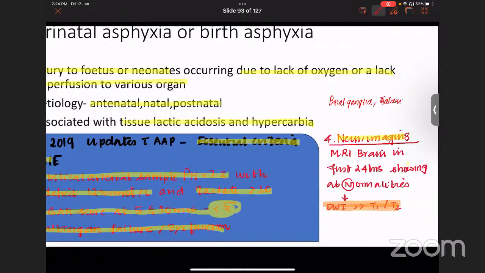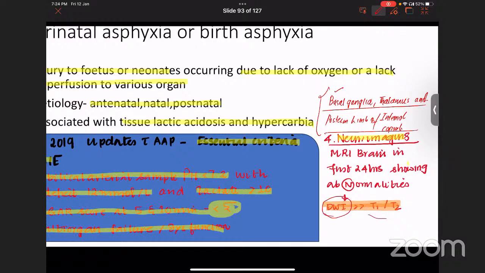So any lesion noted within the first 24 hours of life, mostly we go for diffusion weighted